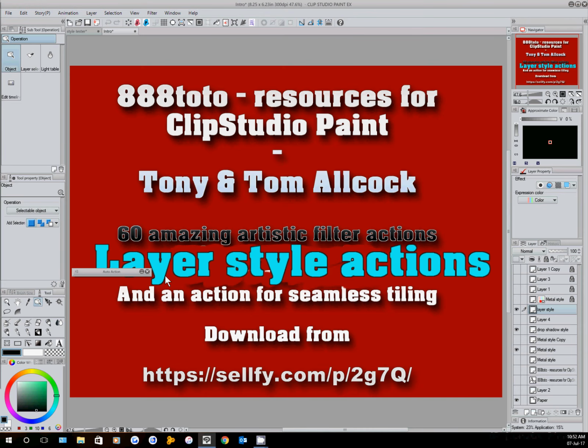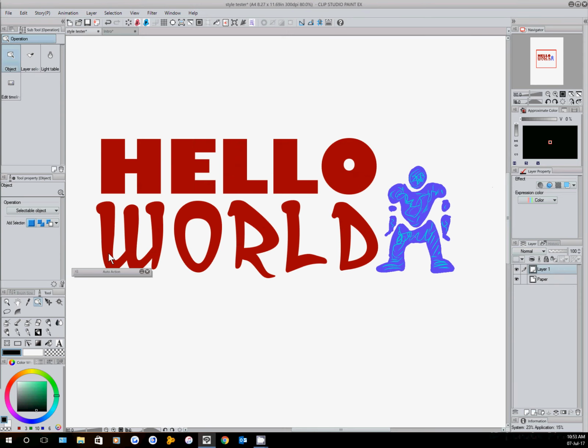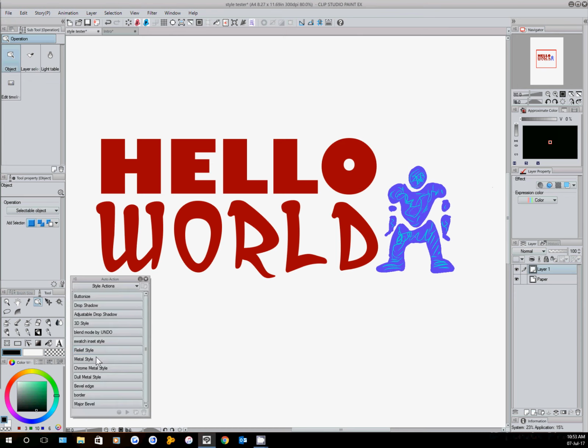which attempt to fill in some of the gaps that you may have seen when moving from Photoshop to Clip Studio Paint. So if I take this simple graphic here, here's the set of actions that I've provided to do the